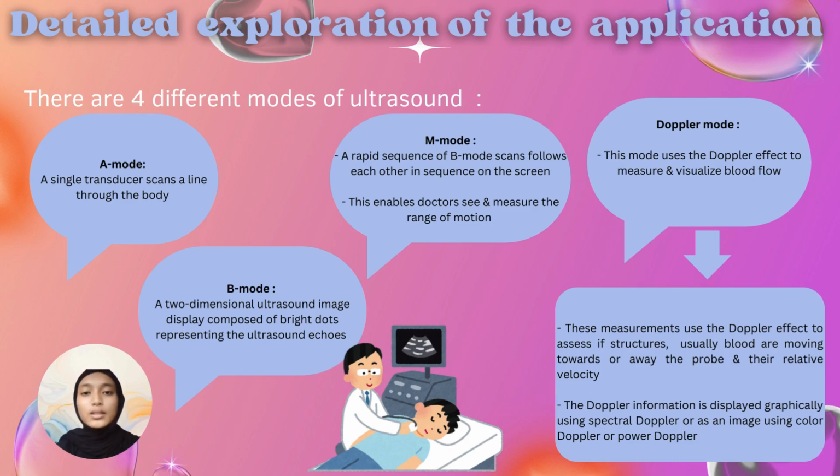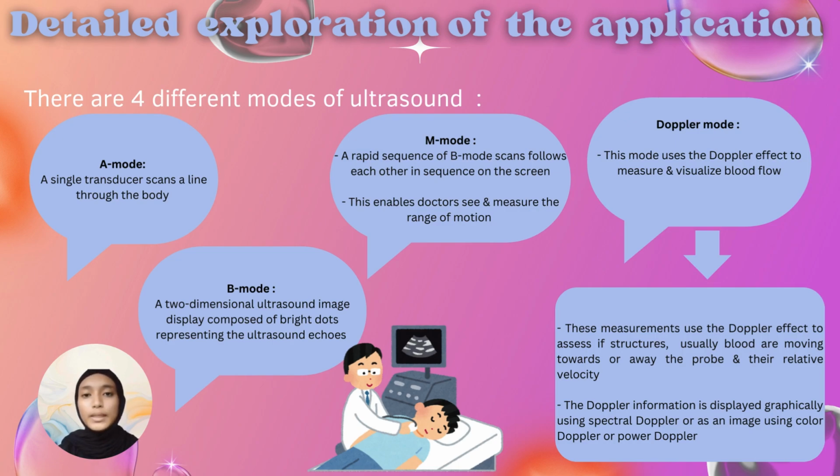Lastly, Doppler mode. This mode uses the Doppler effect to measure and visualize the blood flow. Doppler sonography plays an important role in medicine. These measurements use the Doppler effect to assess if structures, usually blood, are moving towards or away from the probe and their relative velocity. The Doppler information is displayed graphically using spectral Doppler, or as an image using color